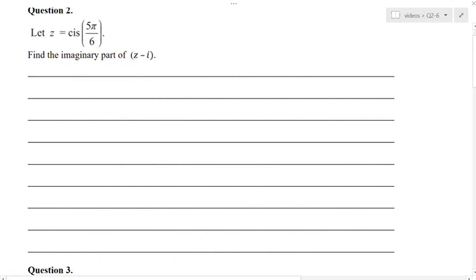So here we are trying to find z minus iota, and we can do that only if we have z in the Cartesian form, and that's what we're going to do as we start this question. z is equal to cis 5 pi over 6, that gives you cos